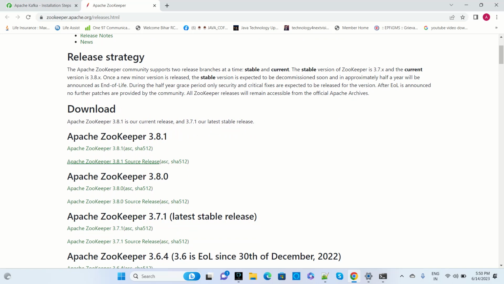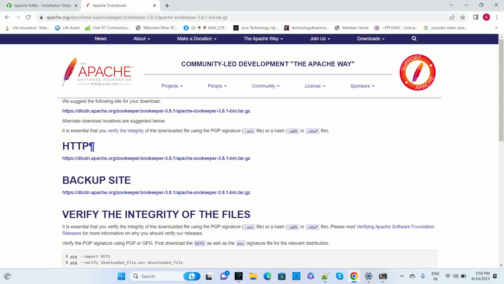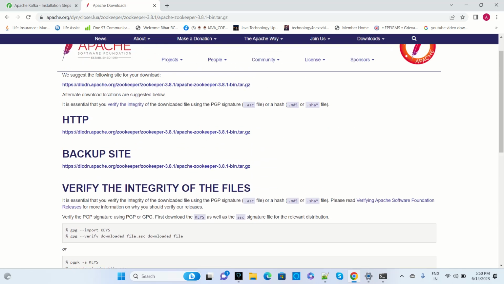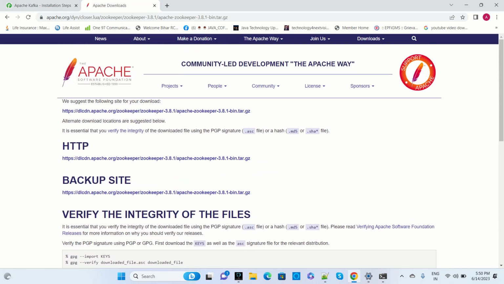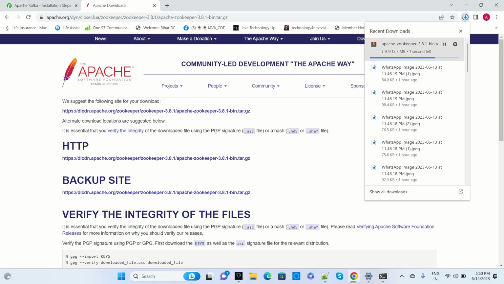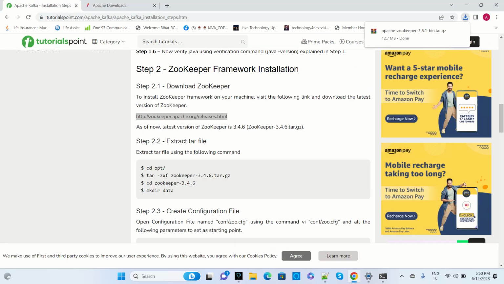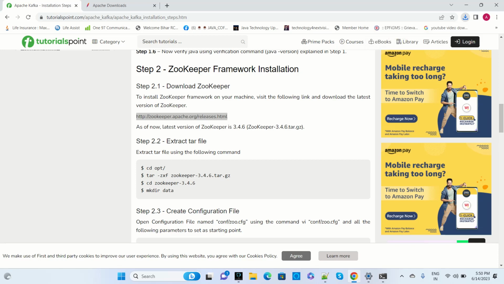Here I'm going to download the latest Apache Zookeeper. This will download to our downloads folder path. And after the download happens, you have to extract it, and then